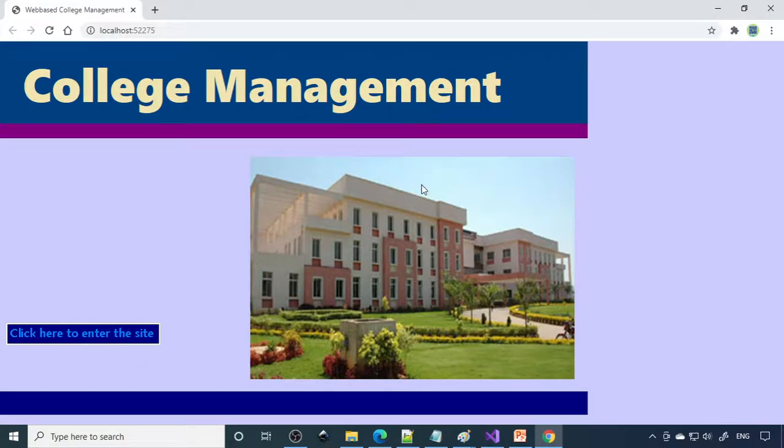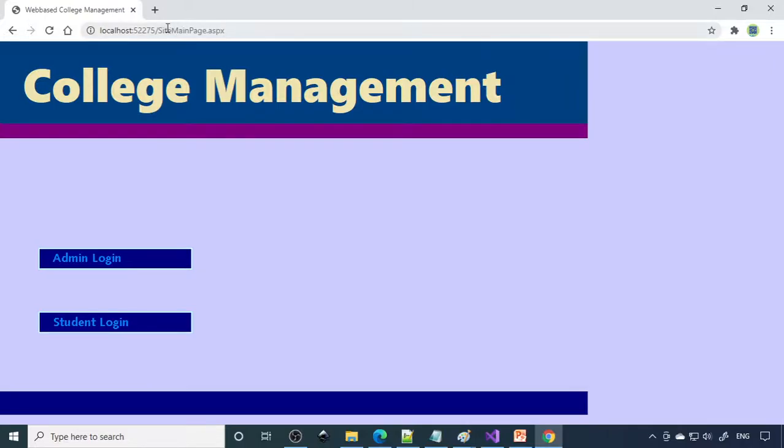So this is the main page. We made a simple design here, so you can plan it however you want. This is a picture, and this is a picture, and this is a picture, and this is a link button. You can add more pictures in the front. Also you can take a label and write some text here. And here is the next page, called the site main page. Here there are two options, admin login and student login. It is also possible to put some more pictures here.